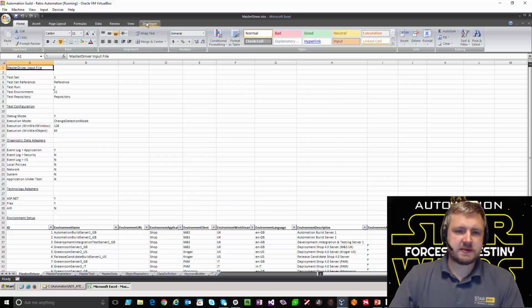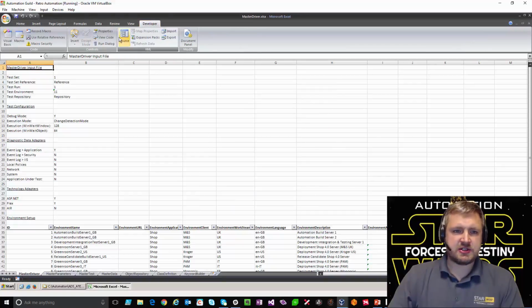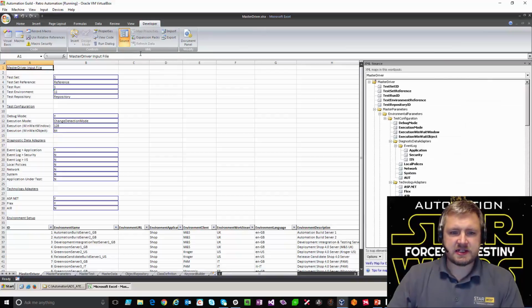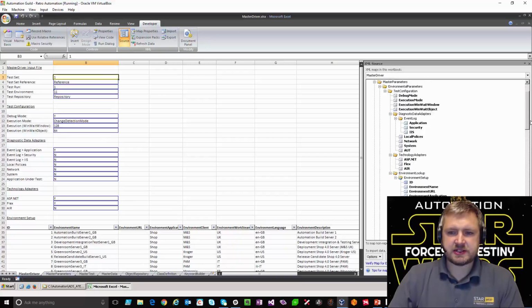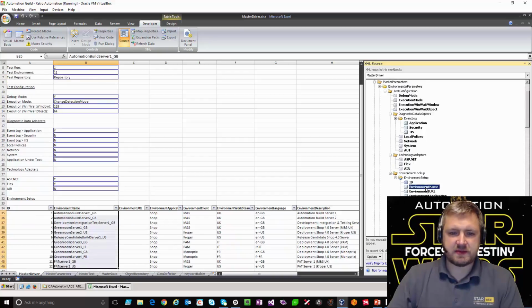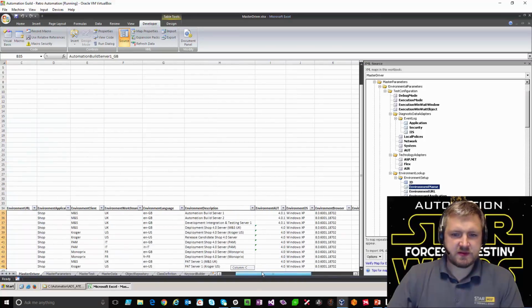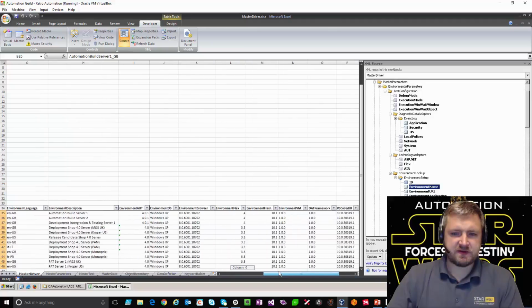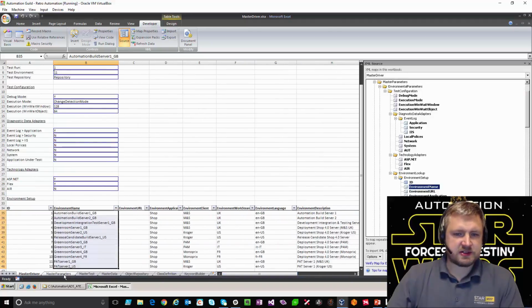Okay, one of the top tips I've got for Excel is use XML as the native language for everything. So as you can see, the structure around information about the different adapters that are going to be executed and also the different environments have been stored in here. We've got a number of different environments with a number of different variables.